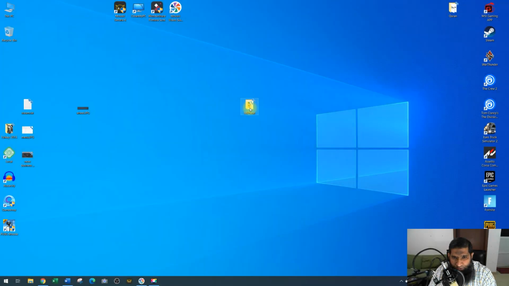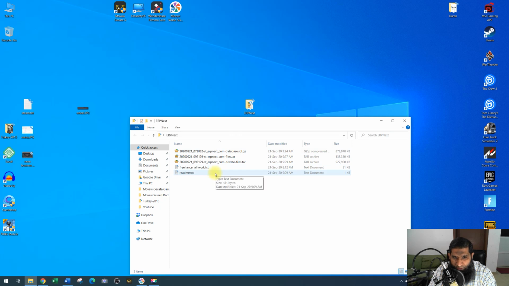I already have these three files. Let me open this folder. So guys, you will see I have three files. This was the database file. These two files you receive by email link. This shows that I have this backup of 21st September 2020. So these numbers are the same in all these three files. Okay, so we need to restore these three files in our ERPNext, which is installed in